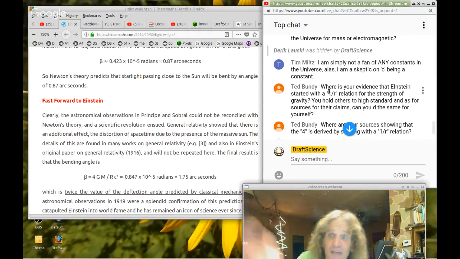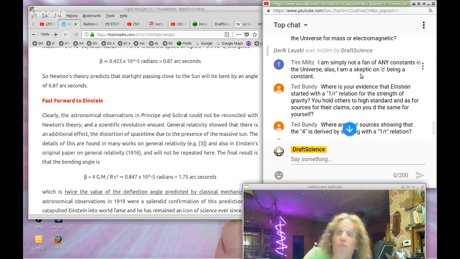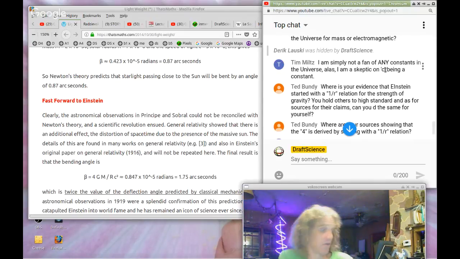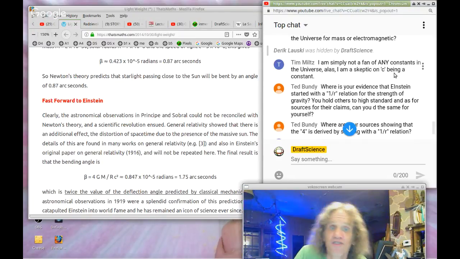I mean, you're not a fan. For what rational reason do you see something wrong with there being constants in the universe? Like the universe would create grains of sand that look pretty much all the same when you think about it. Oh, yes, each one is unique, but technically they're all the same. It's just stupid.